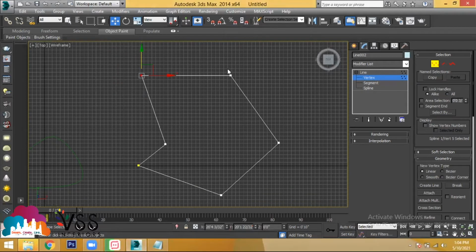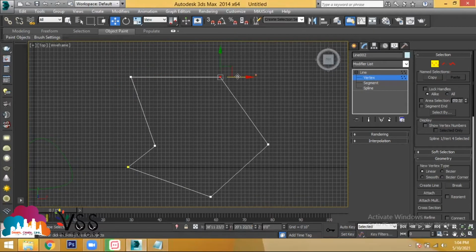Now let's move this endpoint in x direction to make this line straight like this. So which endpoint will be the destination? This will be the destination, which I don't want to move. It should stay constant here. I want to move this endpoint, that is the source. This will become your source now. Now in which direction do I want to move this endpoint? I want to move it in x direction.